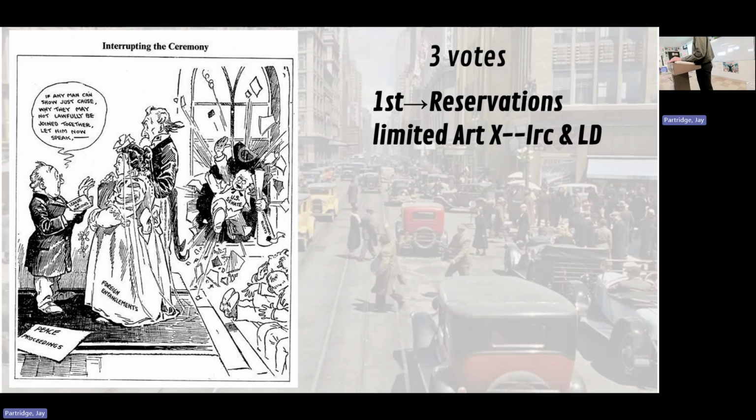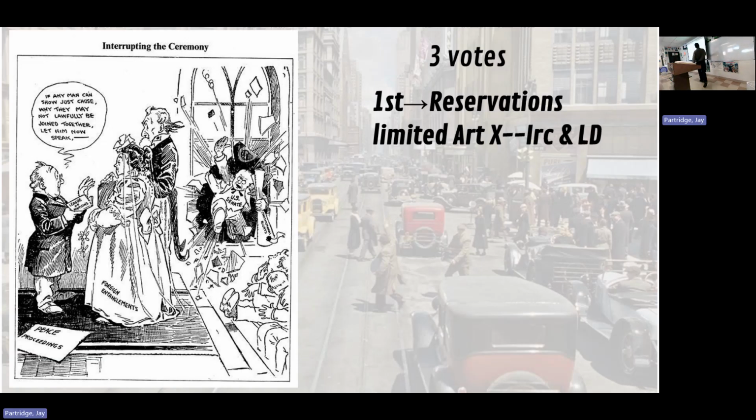So who knows? First one, there were reservations. There were some limits to Article 10 saying the United States must declare war before it commits. Remember, the word is collective security. The whole thing about it was collective security. Did everyone hear me say that? Collective security. Article 10 is collective security.